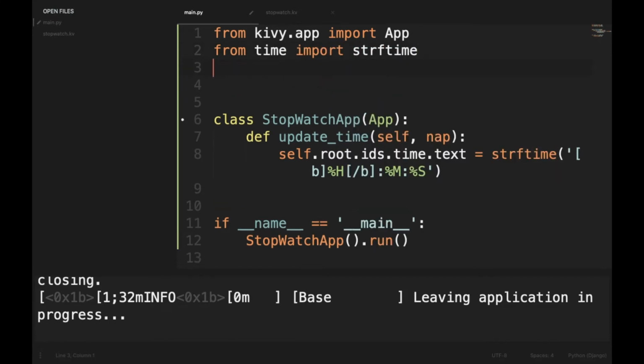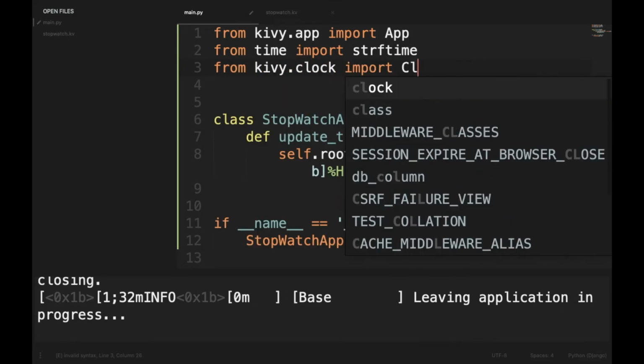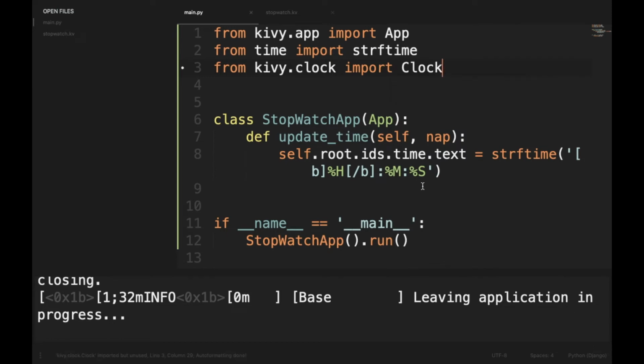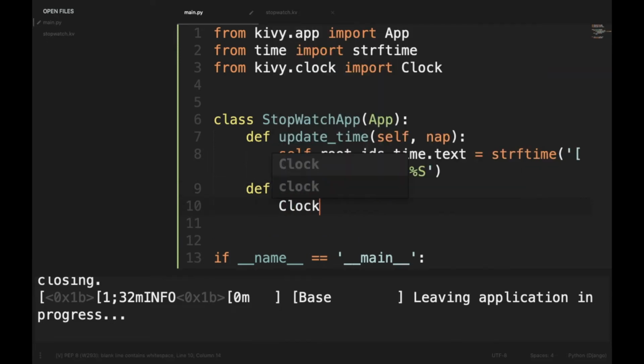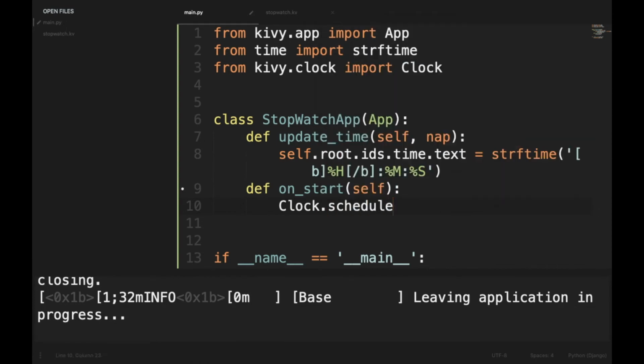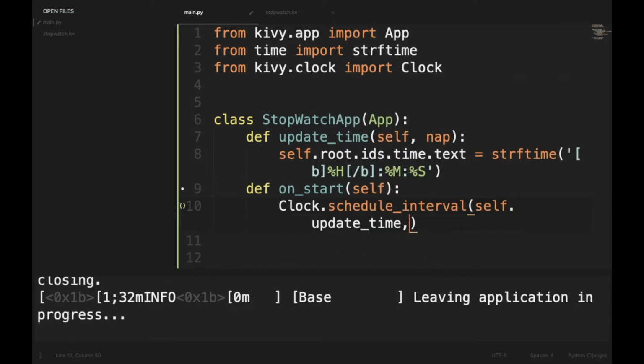And then to run the clock we will use the Clock function from the Kivy module, and that we will have to import, so we'll do from kivy.clock import Clock. Then we'll create a function called on_start, which takes an argument called self, and inside we'll do Clock.schedule_interval, and then self.update_time, 0.